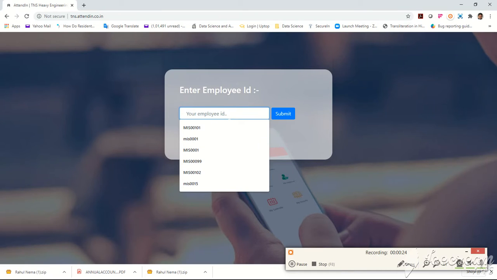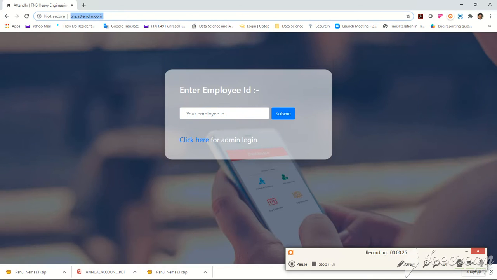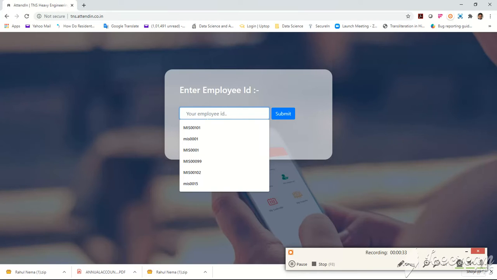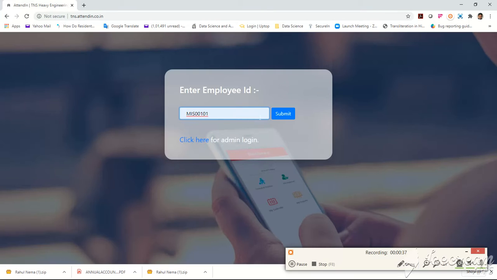Basically, when you start, you click on this link either through web or through a mobile app. You will come to this screen, and there you need to type the employee ID. So for example, I will type this employee ID and say submit, because every employee who goes to a sales visit will have different clients to visit. That is how we have configured it.